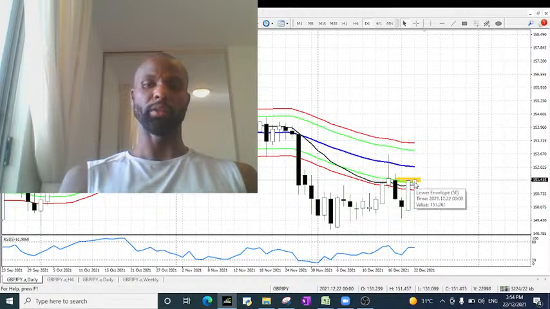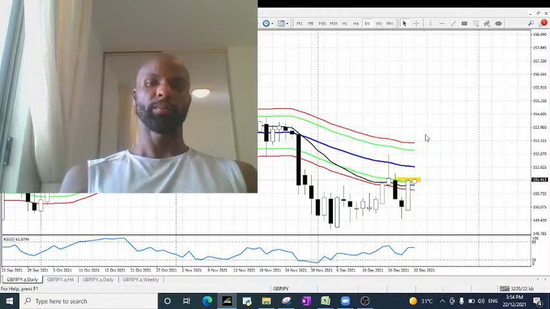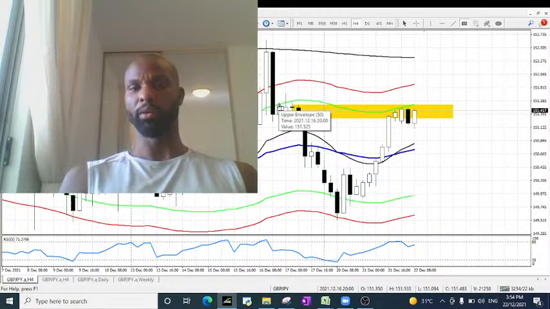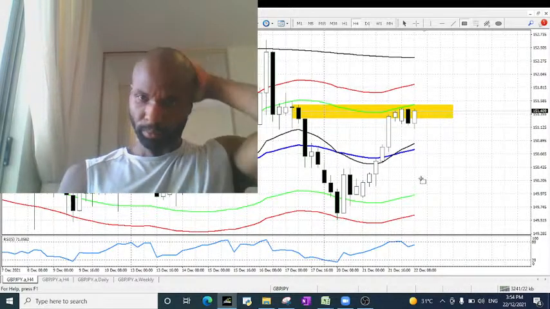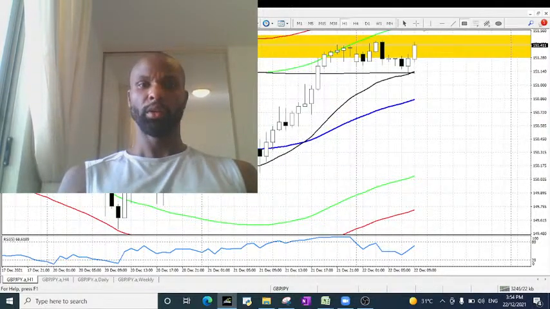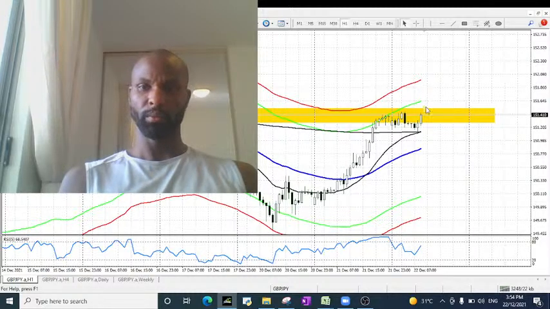So the probability that we will maybe push up a little bit is quite high. Even though we are at a 4-hour zone, there is still a good chance that we will break past it. It's possible. At the same time, if we push into it, this is another scenario. We can push into this,